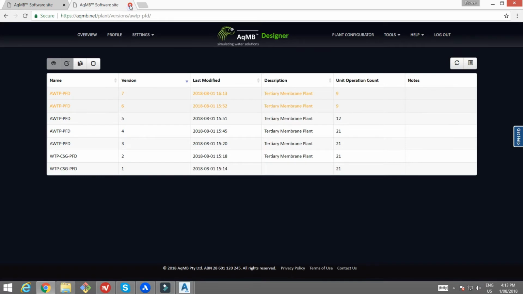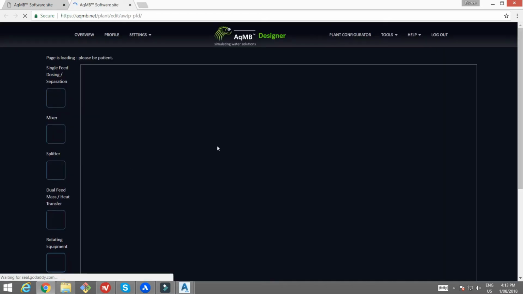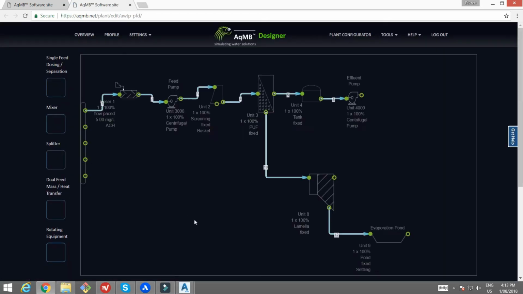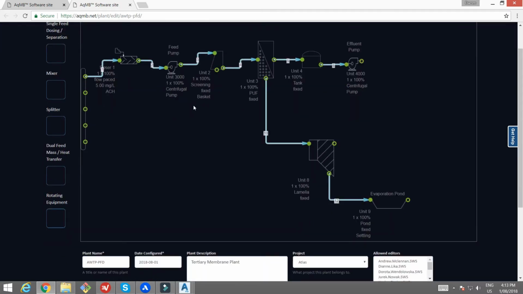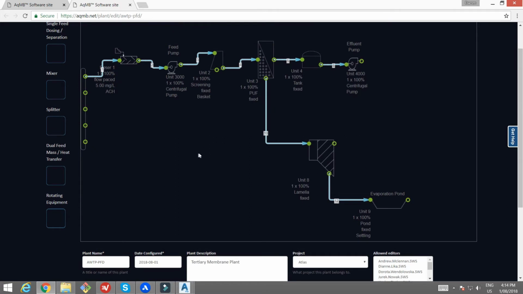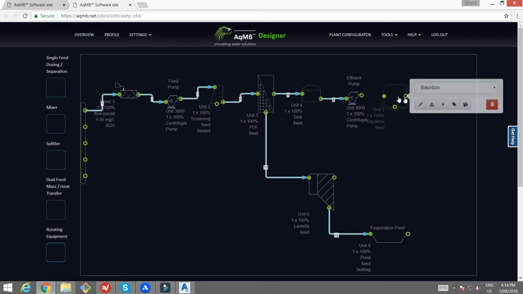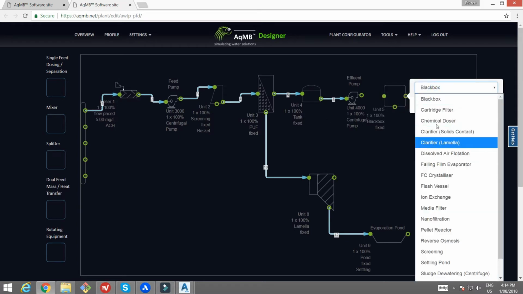Now, what if I wanted to continue designing as the process engineer in AqMB, and I wanted to transfer those updates to Plant3D? How would we go about doing that? Well, quite simple, really. So for example, I've expanded this process now, and I'm going to actually add a cartridge filter. Let's add a cartridge filter